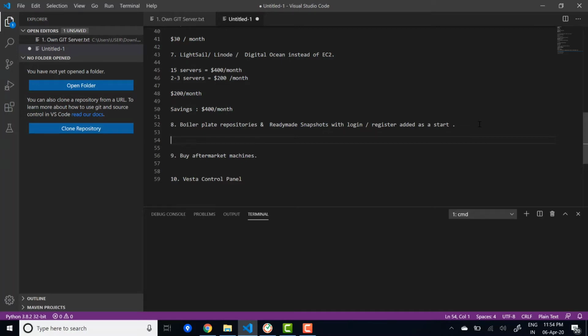Most of the projects will require you to have a login, a register, and a connection between the front end and the back end. These pages rarely change except for the client logo. And what I've seen is if you start from scratch, most projects will take you around a week to get started. So you will create the server, you will create the registration APIs, you will create the login APIs, and you will create the front end for login and register.